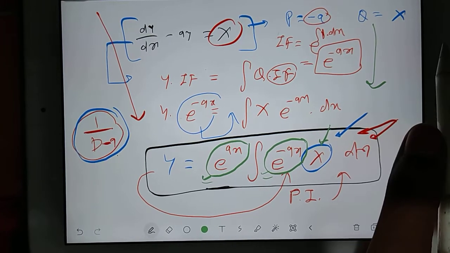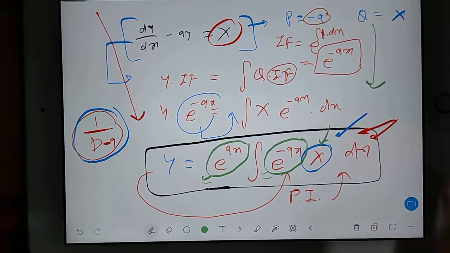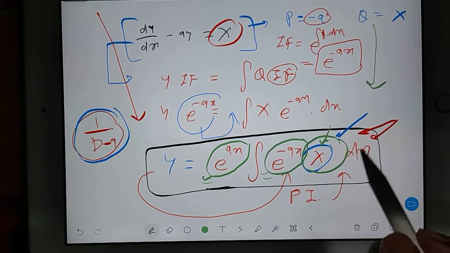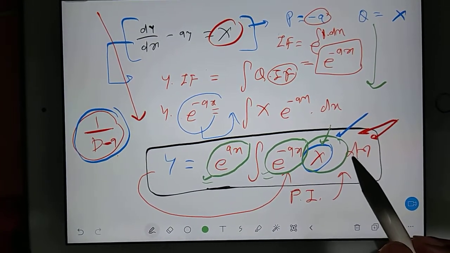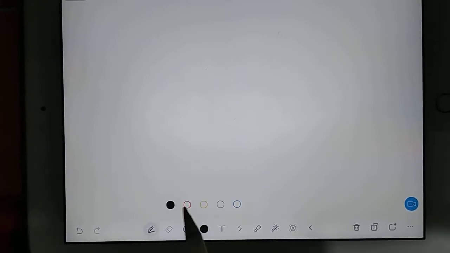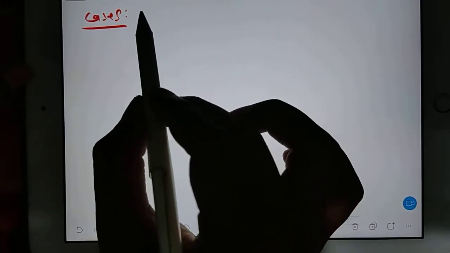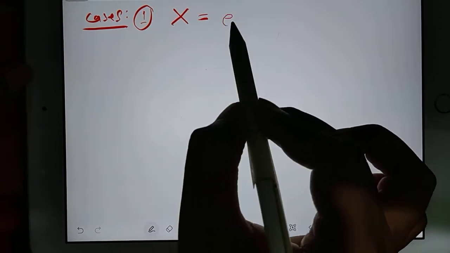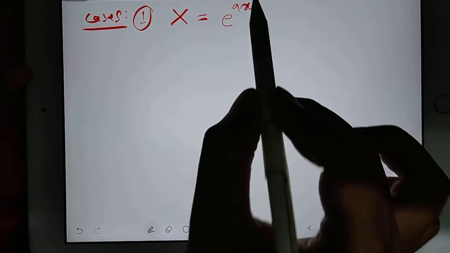So now in our first example, we will tackle the example of an exponential function. I mean, this x I will treat as an exponential function. Okay, so ready for the example. I will change the page. Now during the example itself, I will give you some keywords, but before that also I want to give some keywords. So now I'm going to take cases. Standard cases only we will discuss here, and in standard cases, consider case 1, when I am considering this x as purely e power ax.